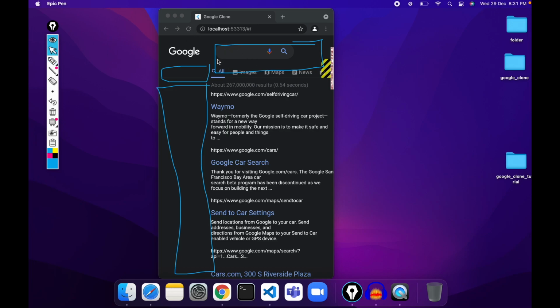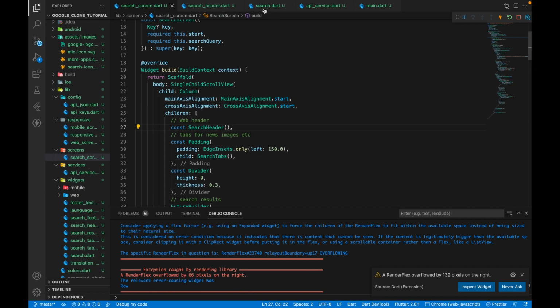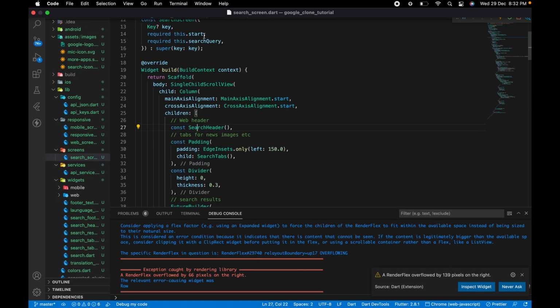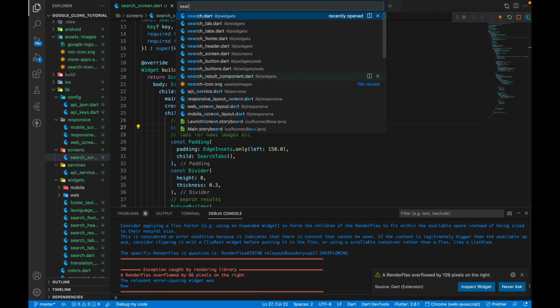And since these are pretty small changes, we are not going to create another mobile screen layout and then pass it through the responsive layout. Instead, what we are going to do is make some media query changes right here itself. So we can go to our search tabs first. So what we can do is